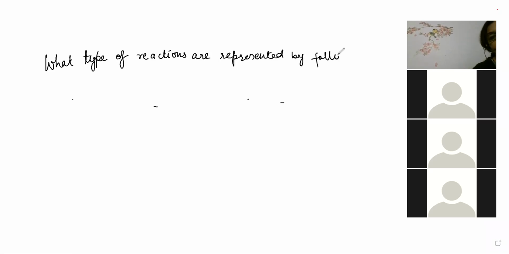What type of reactions are represented by following equations. Okay, first one is,